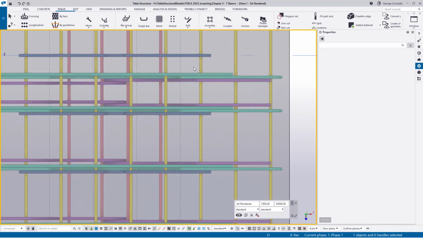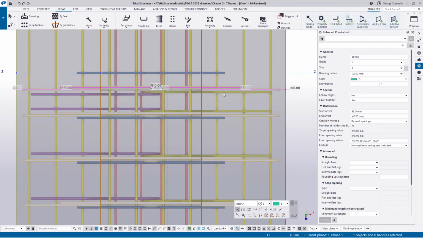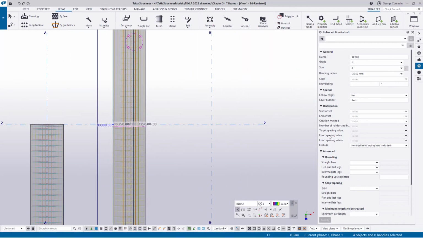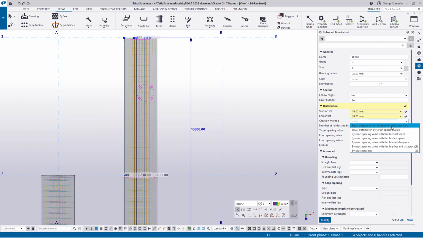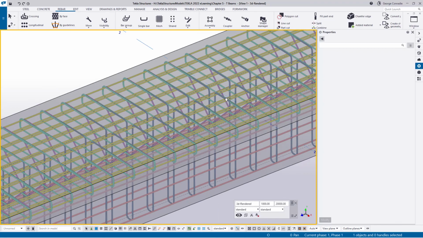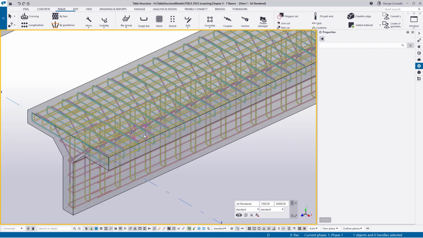If we grab this one, I think these, and also these, if we grab all of them involved, and you say start is, make sure it's clear, creation method is target spacing, and you go 200, and you say okay, it will then repopulate the whole beam again, and you can check your clashes again like we did before, and it's as simple as that. It's worked out. That's, I suppose, the only downside of working with exact spacings,